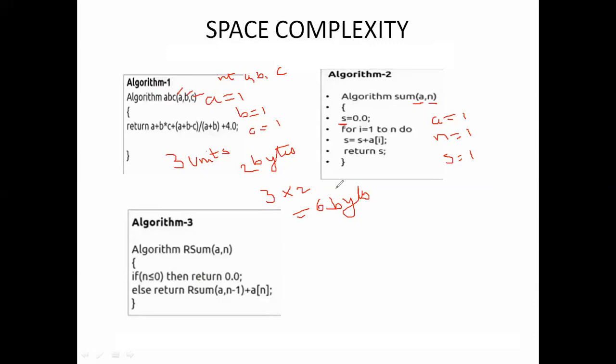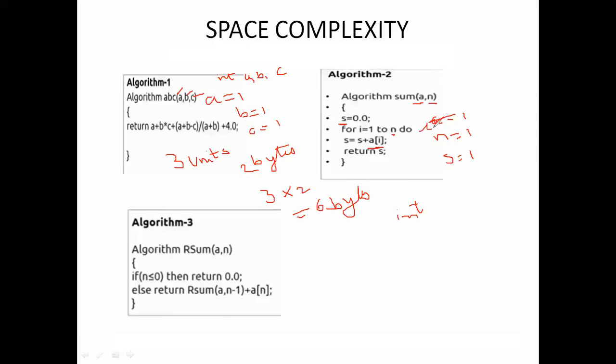Then we move to the variable part. Here the value of the variable changes. For example, see here in an array, I am taking int A of n.